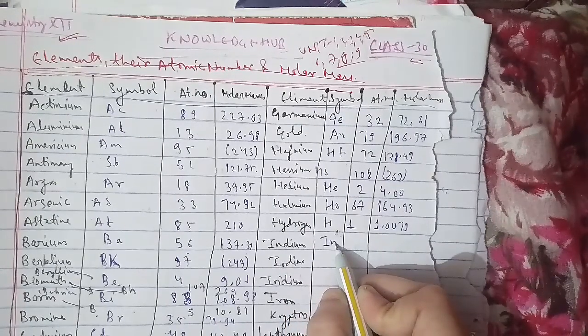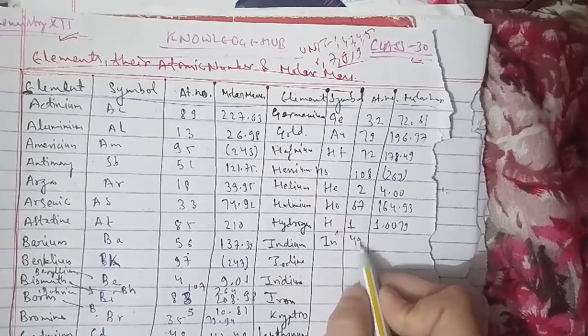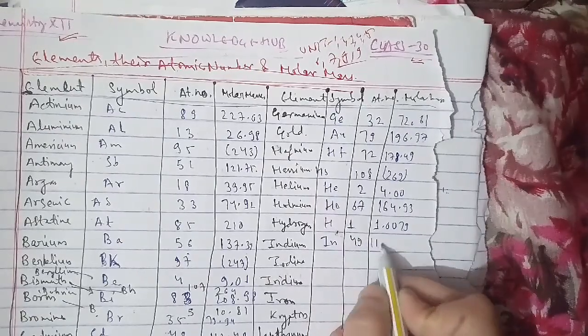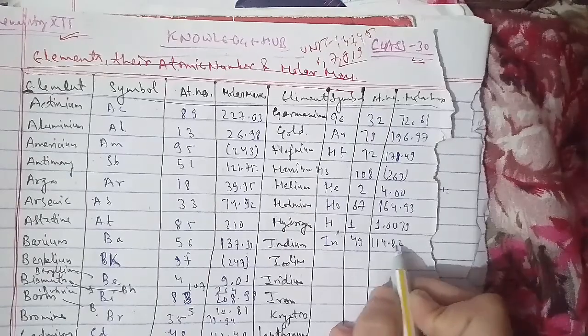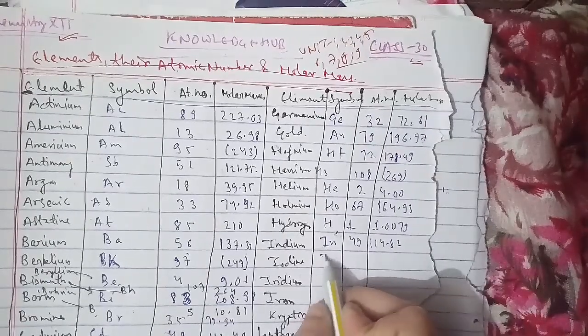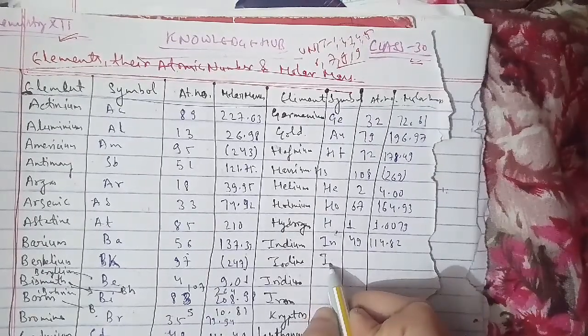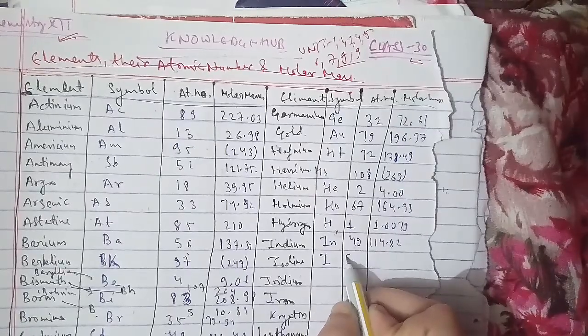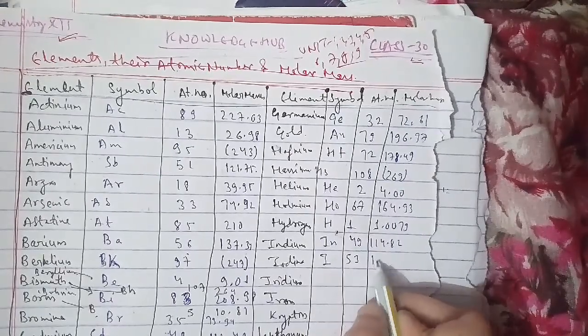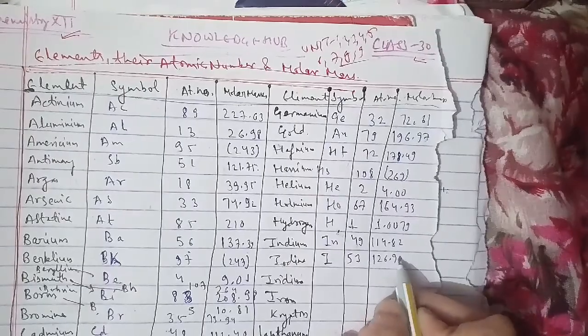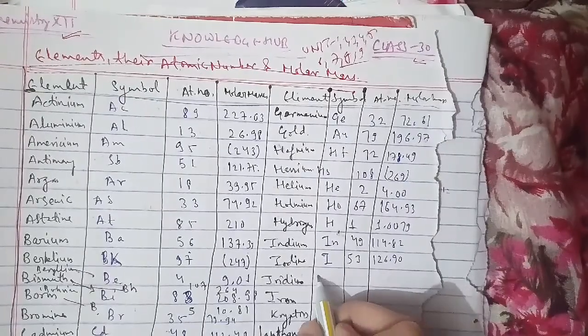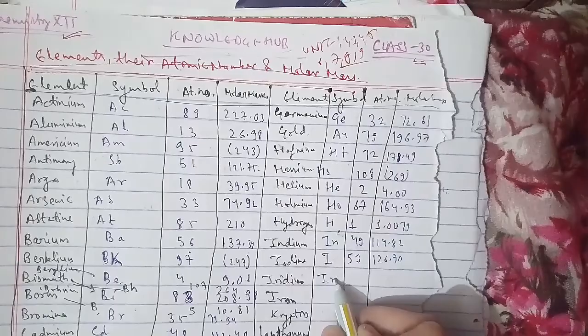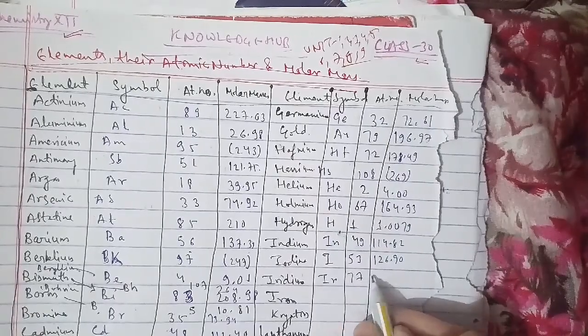Talking about lead, that is represented by Pb, and this is 82, 207.19. For lithium, Li, atomic number is 3, 6.94. For lutetium, that we have is Lu, atomic number is 71,